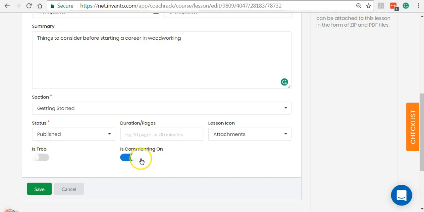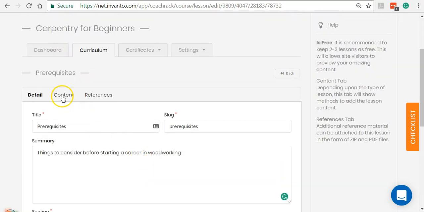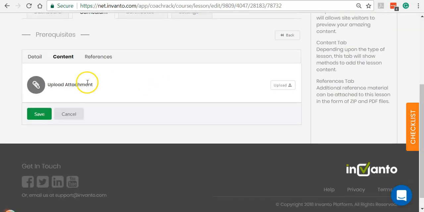toggle here. And this commenting option, I think we have discussed this in a previous video, is where you enable your users or your students to actually start discussing this course. So if I keep this on, all my students would be able to discuss pointers about this particular lesson inside the course. Okay, so now once this is done, I'll click on content, and this is where you get to